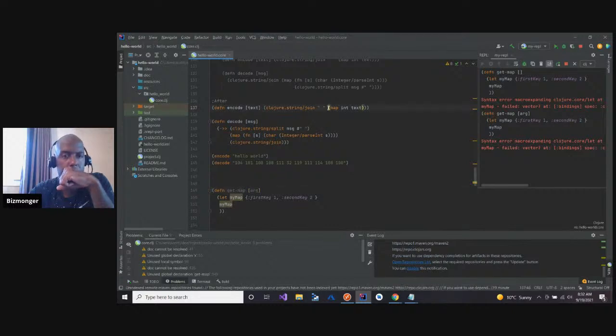In this example, they have map, and they take a text and the integer. Like, I don't think that's related to anything.